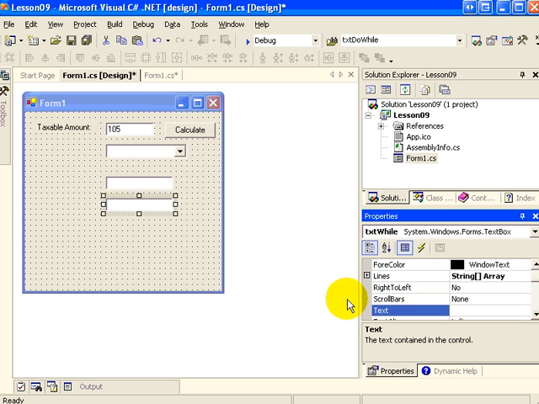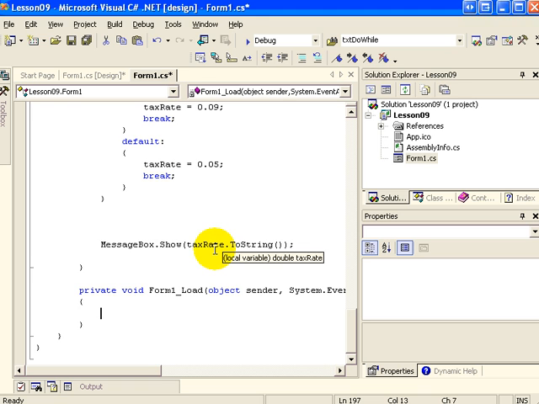So what I'm going to do is go into the form load event. And here I'm going to type in